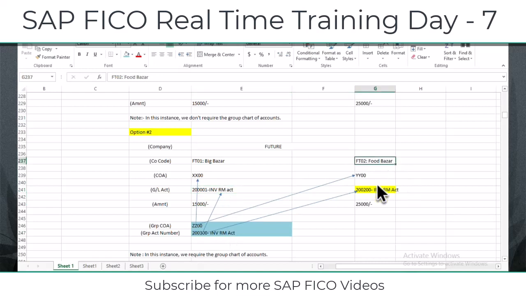In the same way, in this company code also you have to give the same group account number, so later postings are done at this GL account in this company code. For example, when you post an amount of 15,000 rupees, or 20,000 rupees, or whatever amount,